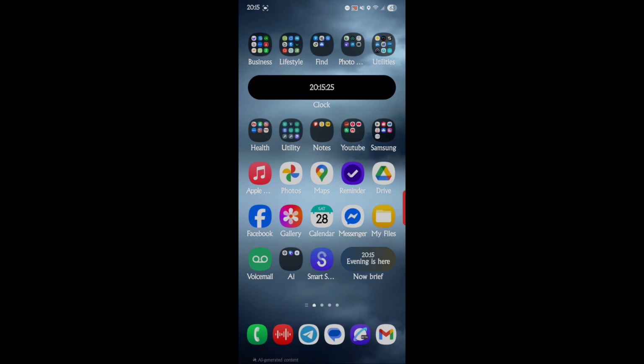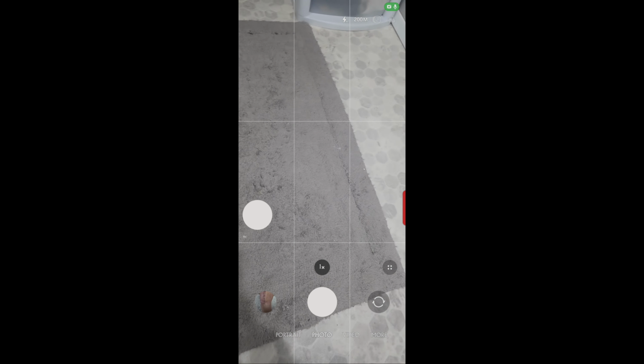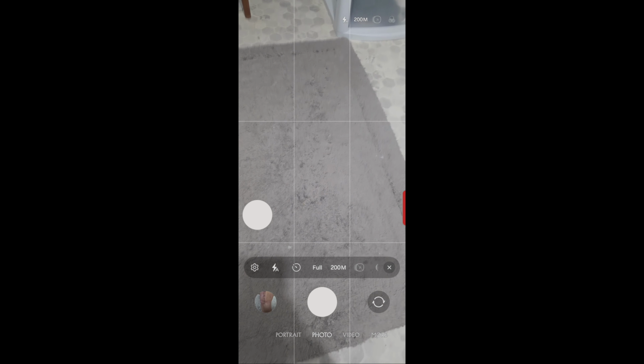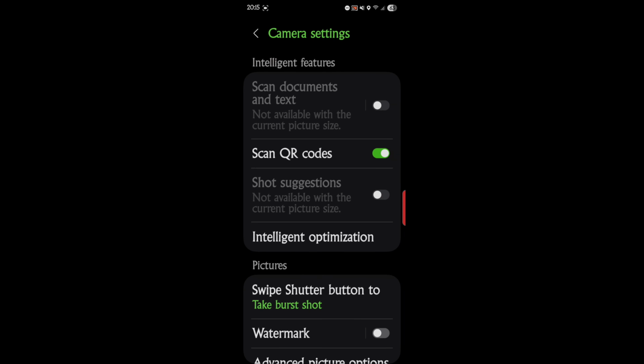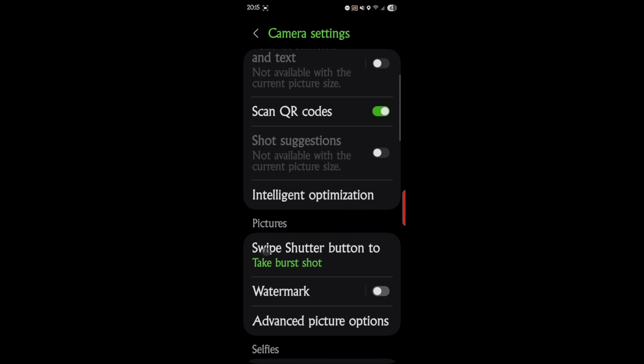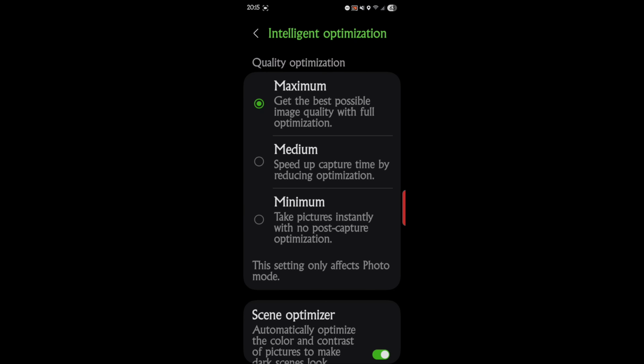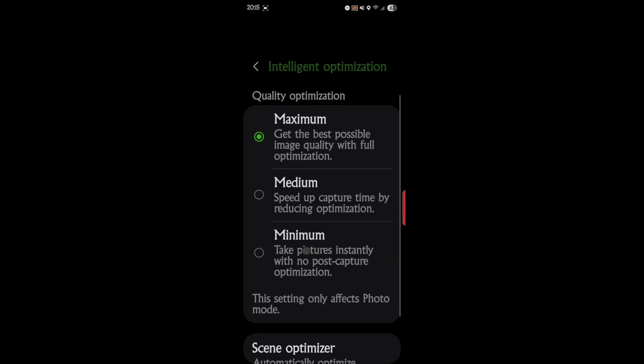So let's go to our camera, photo, and then we'll go into settings, of course. And we're going to scroll down to intelligent optimization right here. Okay, so